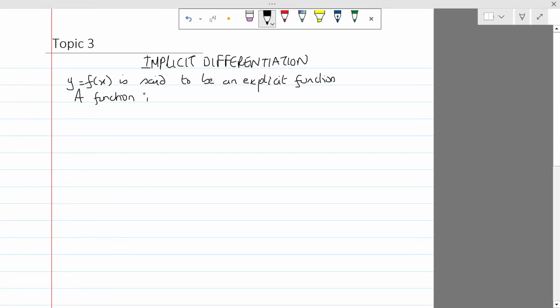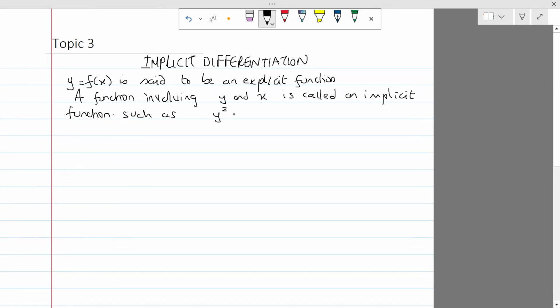A function involving y and x is called an implicit function, such as